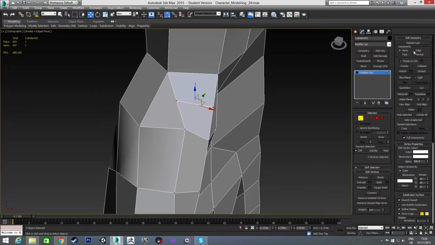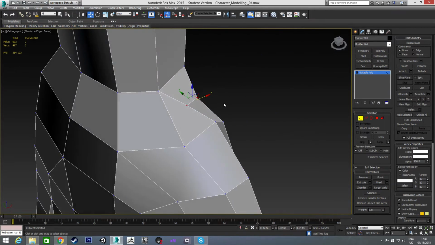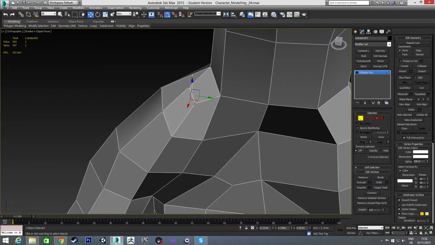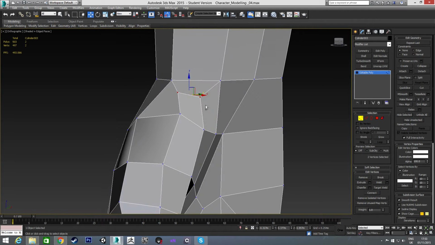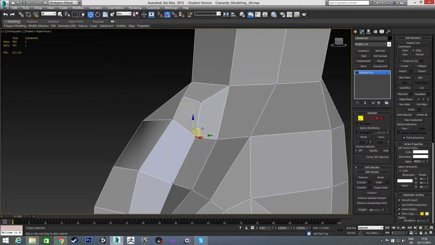So now with my edge constraints on, I'm going to scale these in on the X, and then turn my edge constraints off again and just move these in on the X and up on the Z, and maybe out a little bit on the Y as well, just to round out the shape of that a bit better. What I'm going to do now is turn on my edge constraints again and move this in on the Y and up on the Z a bit,